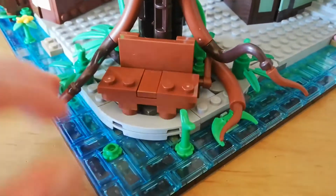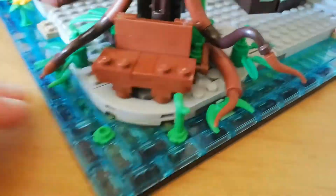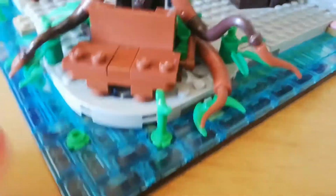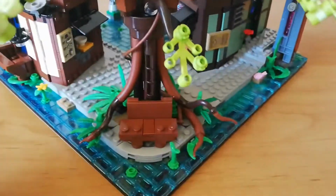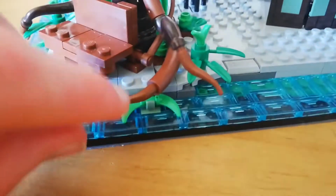So now we're kind of getting to the river part here, which is in front. I love these 1x2 pieces. They use them in all the other sets. I'm glad they didn't change it. So it's consistent. When you have the three Ninjago cities together, they link up really, really well. With just a lot of little brass pieces. We have the jade blade sort of pack used as leaf